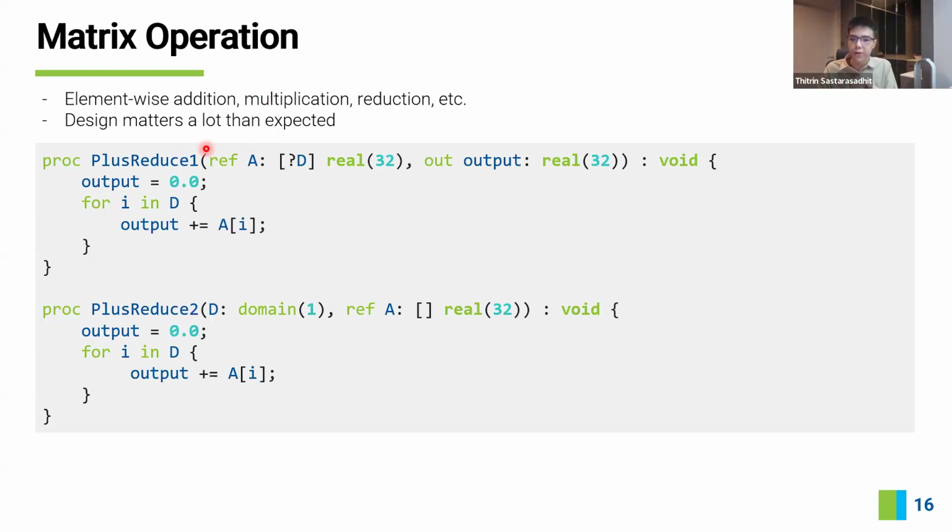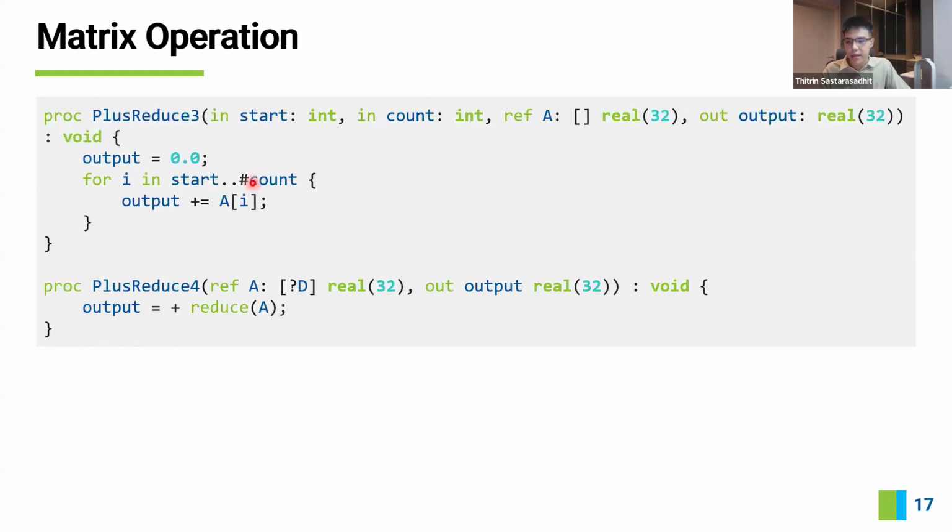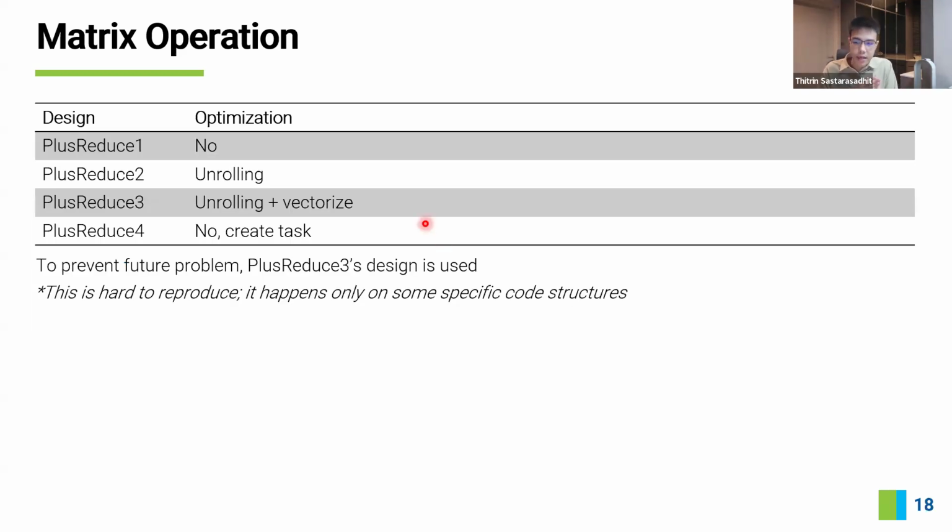Now, I will present the 4 designs that I tested. The first one, I just query the domain from the array. The second one, I pass the domain separately. The third one, I just pass the start point and end point that I want to iterate. And the last one, I just use the reduction operator. Now, the results are